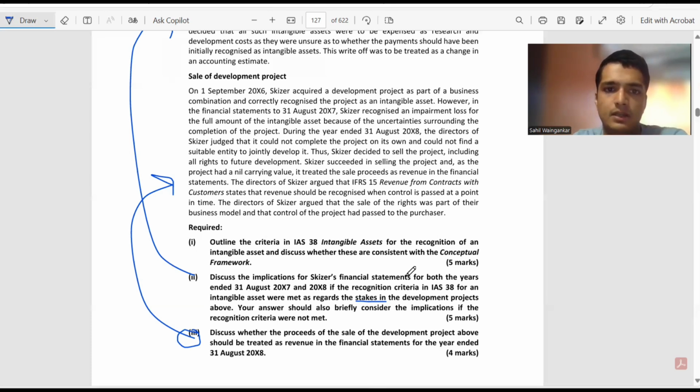4 मार्क के लिए ही है, ज्यादा नहीं लिखना है। सबसे पहले स्टेप्स लिख देंगे, प्रिंसिपल्स वगैरह। उसके बाद